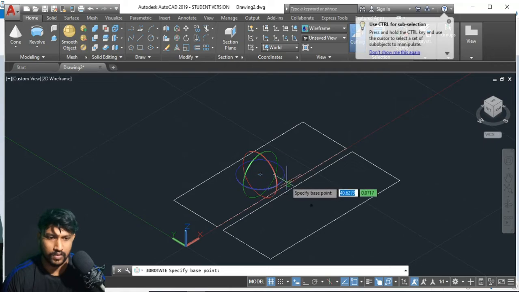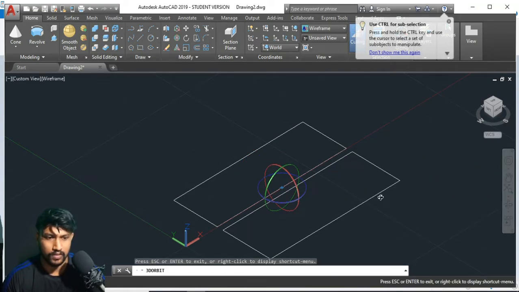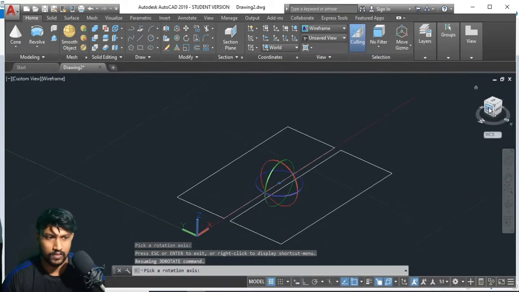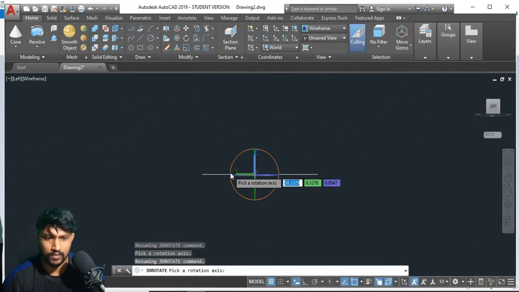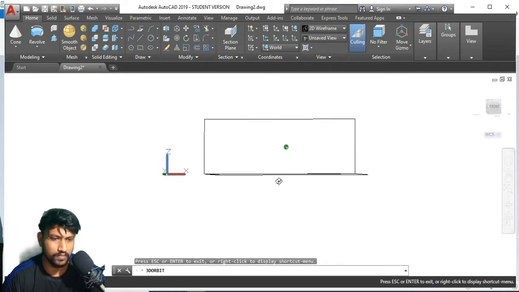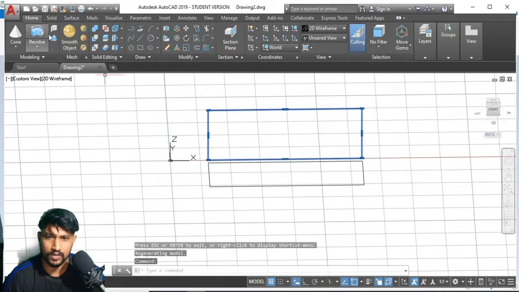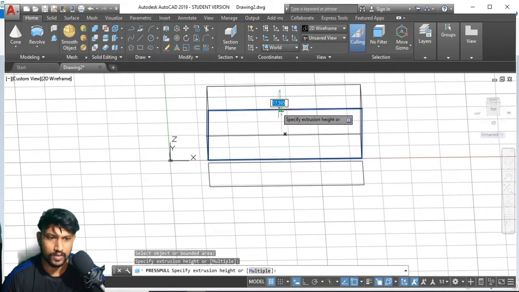I just want to rotate this about this particular midpoint. Yeah, this angle is fine. We have to extrude these, right? So use the press pull command.